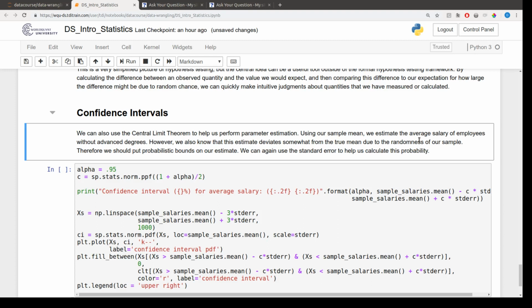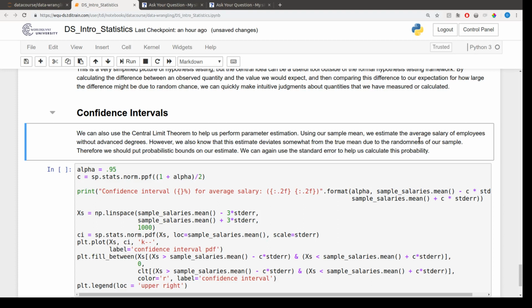And in our case, we found that the null hypothesis that people without advanced degrees make $70,000 a year was false to a threshold of significance of 10%. If that's the case, we might be interested in answering the question, how much do people without advanced degrees